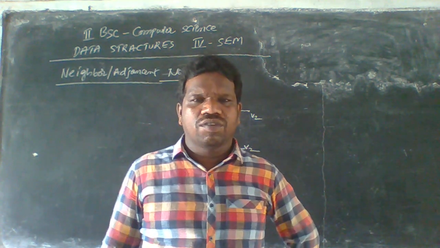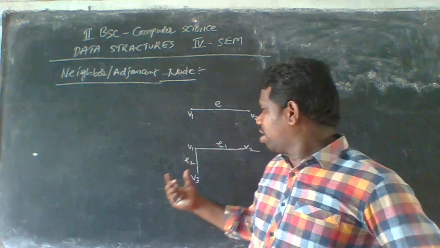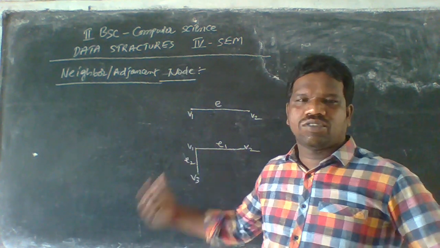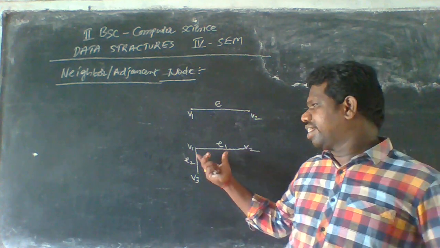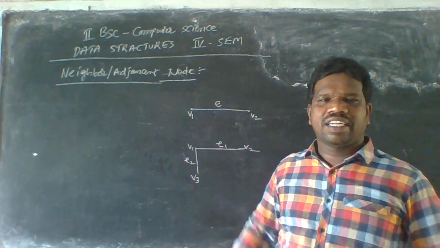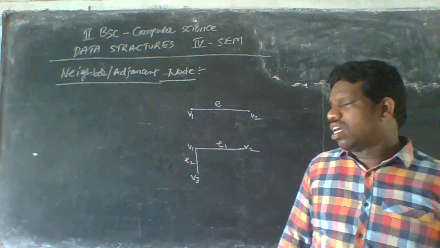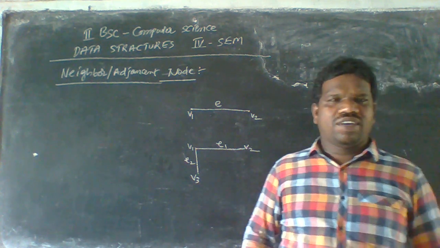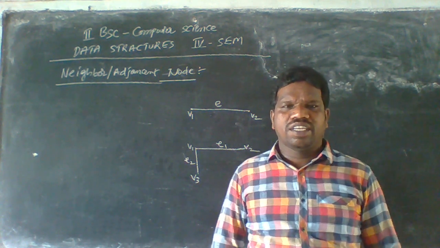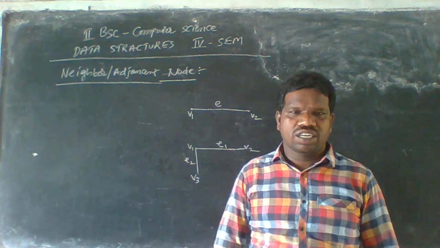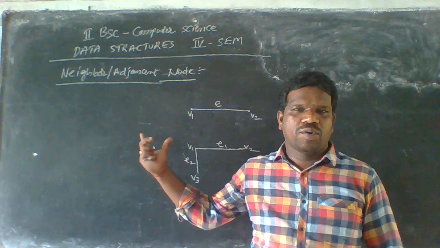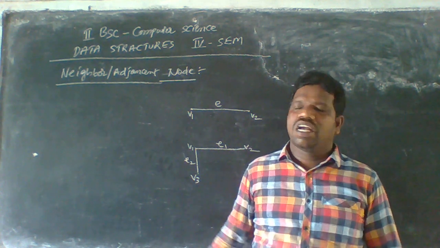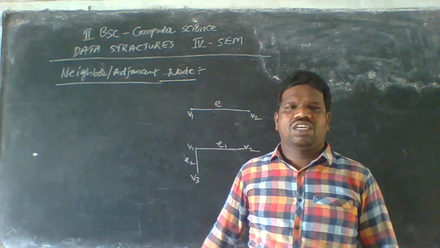And E1 and E2 both belong to the neighbor edges here. Neighbor edges means we can create two edges side by side. That is what we simply call E1 and E2 here. E1 is nothing but edge 1 and E2 is nothing but edge 2 here. Okay, this is the class where we talked about neighbor or adjacent nodes here.